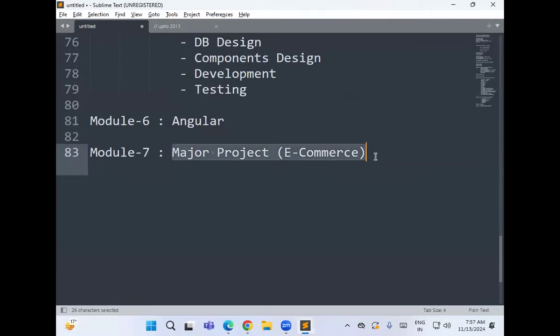Major project development will be available. That major project is e-commerce. Front end will be Angular. Back end will be microservices. After this module 7,